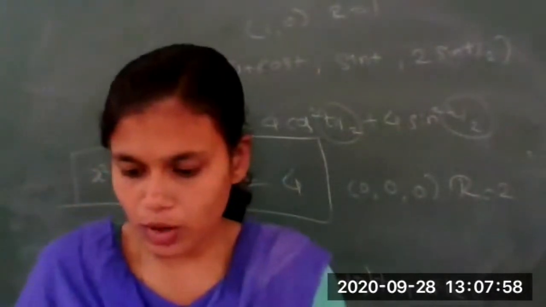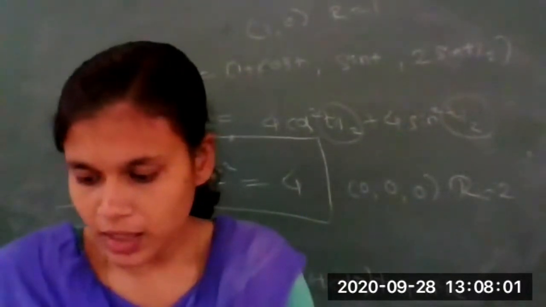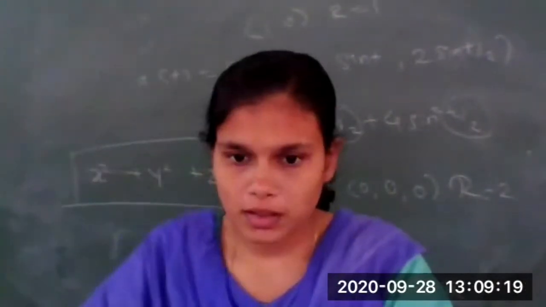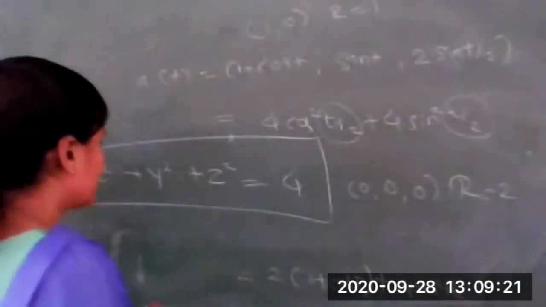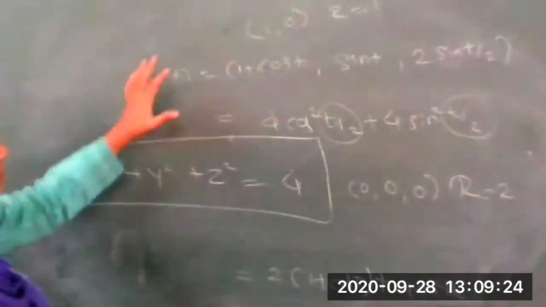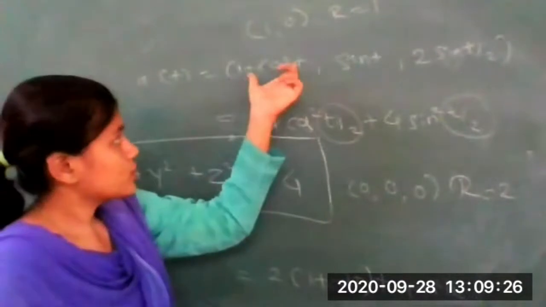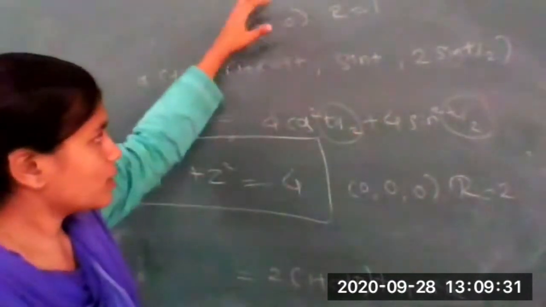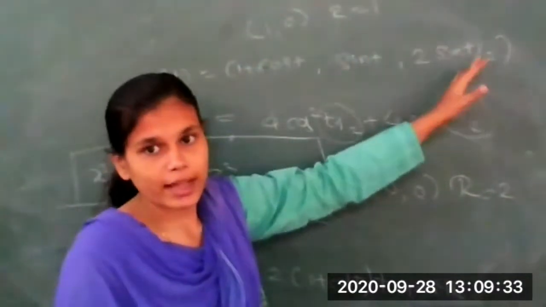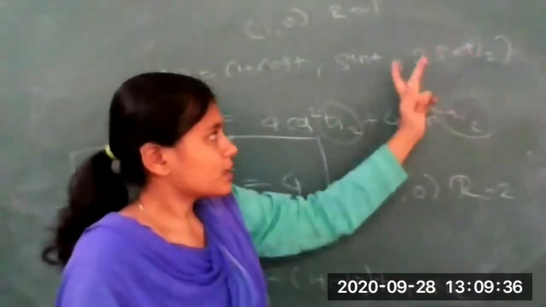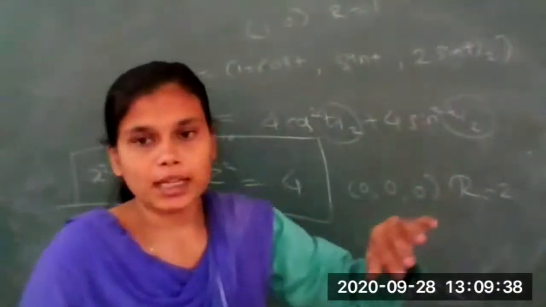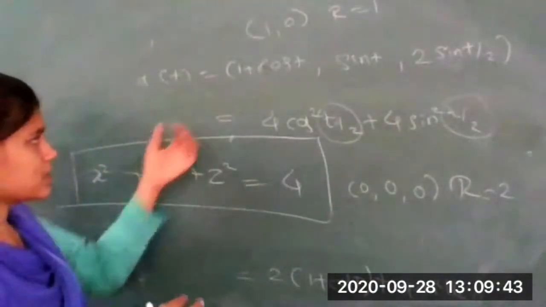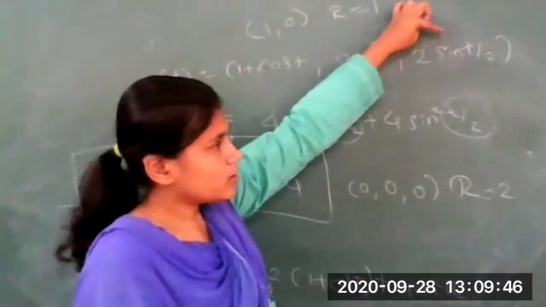So how you are going to draw this image? Okay. How you are going to draw this? So what you can imagine, if suppose we have only first 2 coordinates, this will be an equation of a circle with center at 1, 0 and radius 1, and if you add the third one, that means this 2 sin t by 2, this is just like a bt. Okay, so if you imagine, this will be just like a helix. Okay, the z variable is continuously increasing.